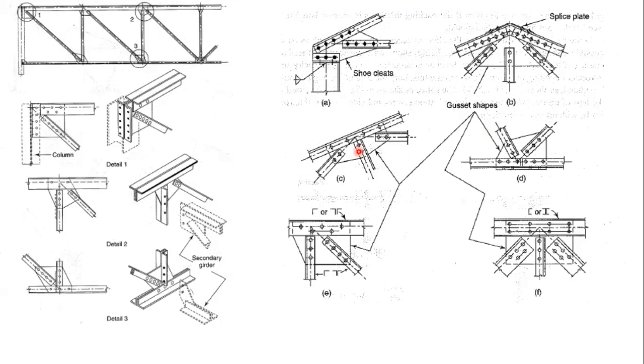I'm talking about angles because we'll be designing a roof truss, and there we'll be providing angle sections, most commonly. Some more connections are shown here; these are all connections. In the case of a flat type of truss, these are the connection details you come across. You'll also be doing the detailing for this in your lab, so you need to have this picture of these connections in your mind.